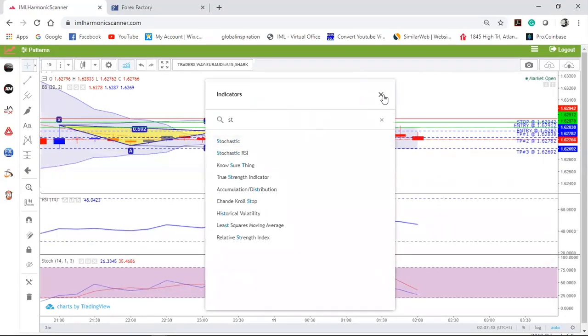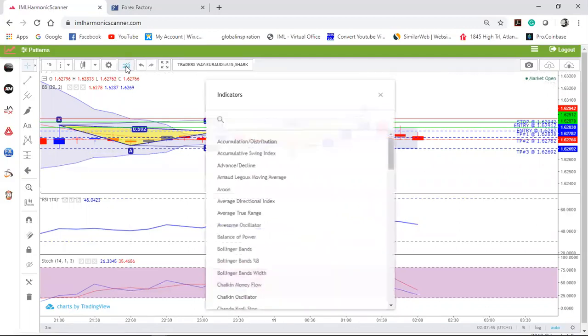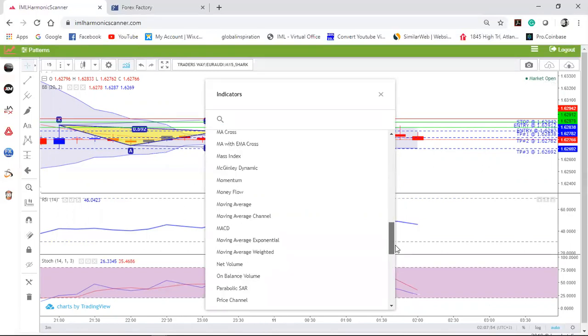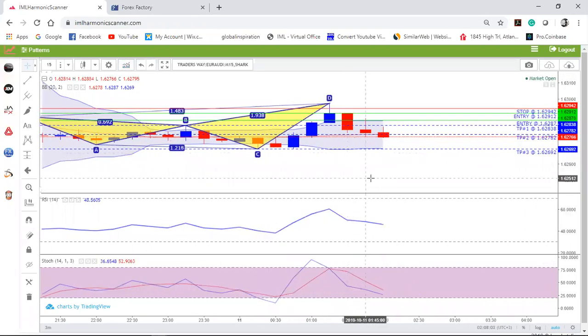Okay, and where those came from is right here. This wavy grid right here, you just click on that, and then you can either type in the word or look for it, like Bollinger Bands right there. You can also scroll down and look for stochastic, okay, which is right here. Okay, so once we have this on our chart, what we're able to see